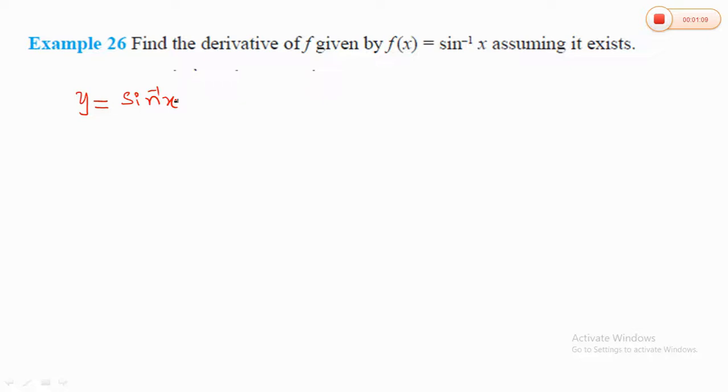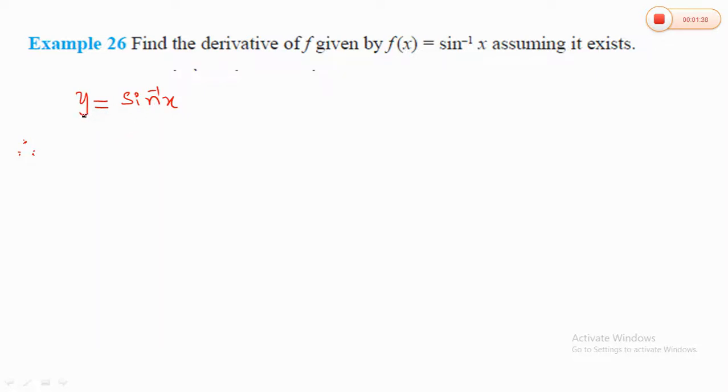As we know, the chain rule, and we have already solved some problems concerned with implicit functions. So here if we change this LHS to RHS, that is, so if we bring sine inverse